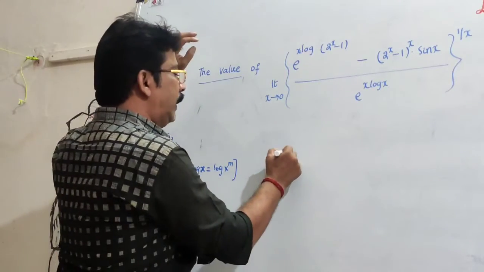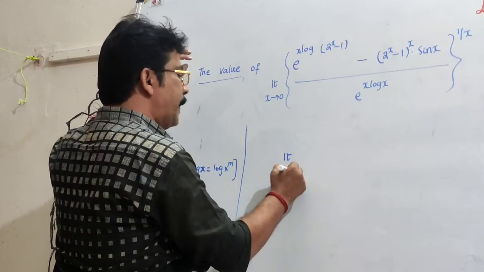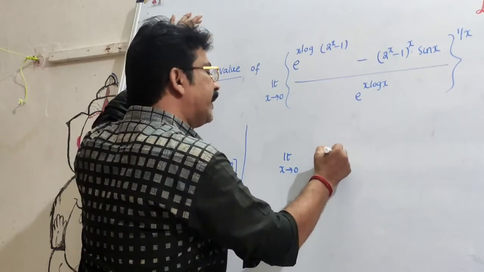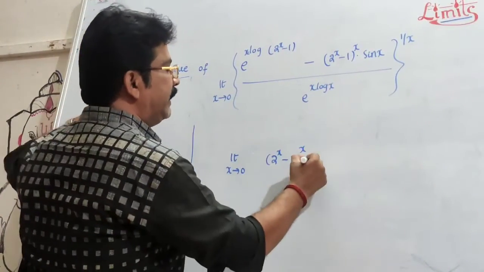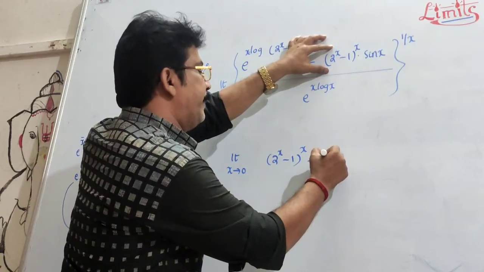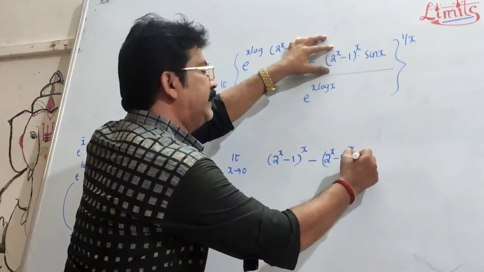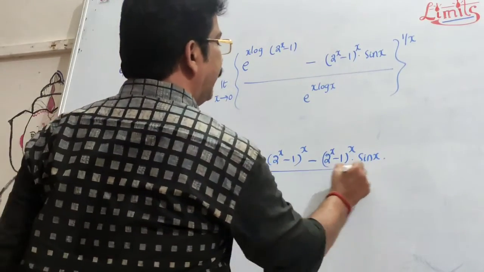So therefore, limit x tends to 0, this can be simply (2 power x minus 1) whole to the power of x minus (2 power x minus 1) whole to the power of x into sin x, divided by